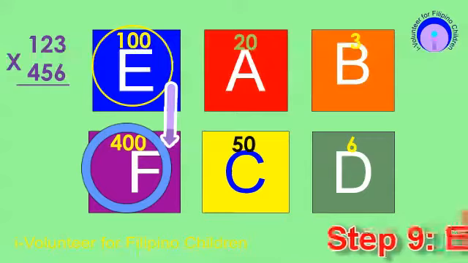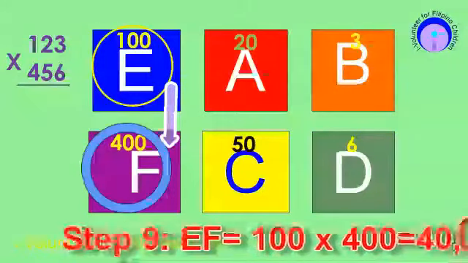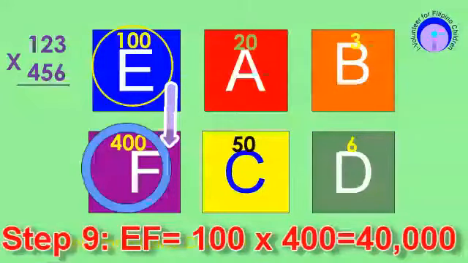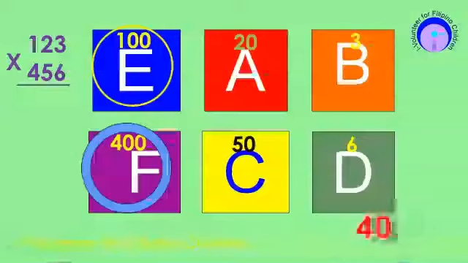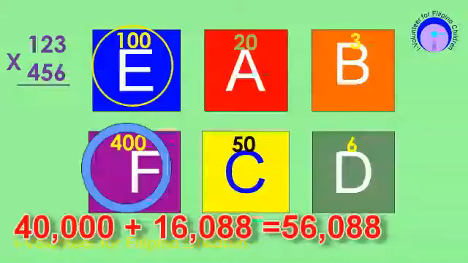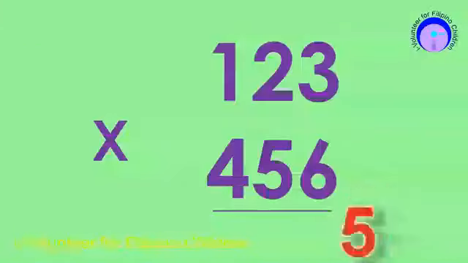Last step is to find the value of E and F. 100 times 400 is equal to 40,000. 40,000 plus 16,088 is equal